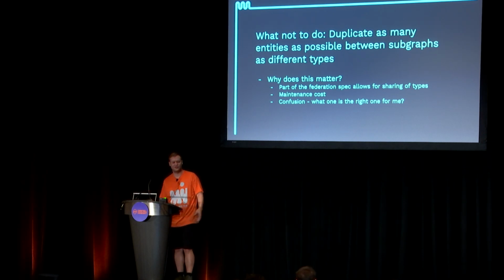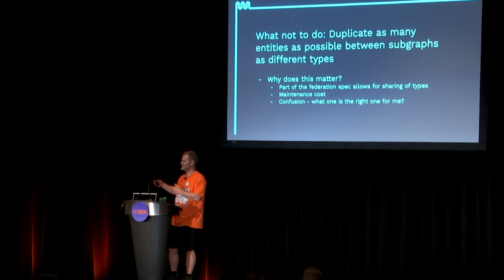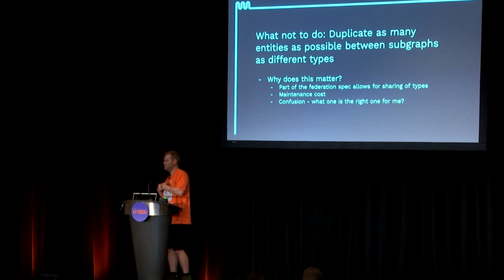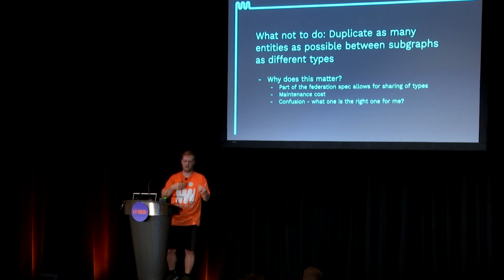Maintenance costs. As a normal thing that we've talked about a few times here, the maintenance cost of keeping up everybody's type to be exactly the same in my subgraph when they change it sounds painful. And it is painful because if they make a change today, I have to make that change today. And I'm stuck in this maintenance cost over and over of keeping all of these duplicated types together and the same, and it just becomes problematic after time.